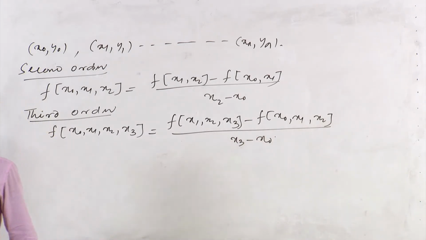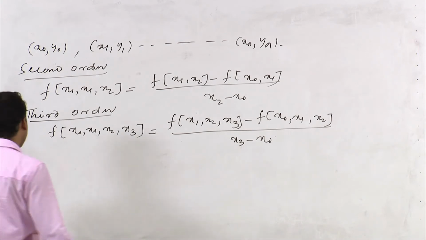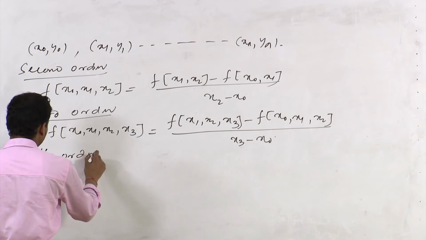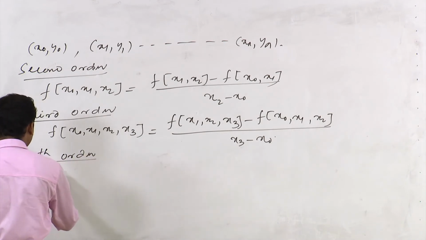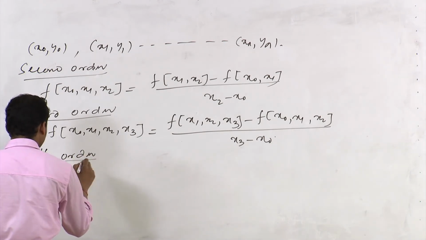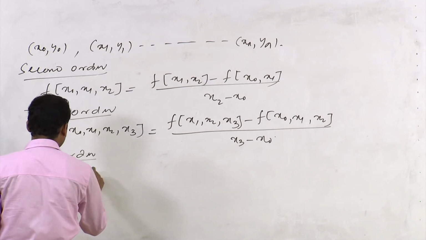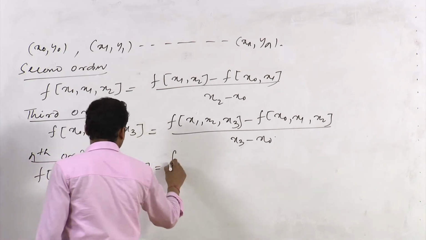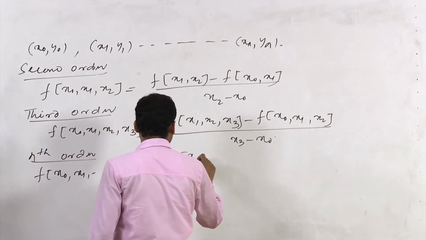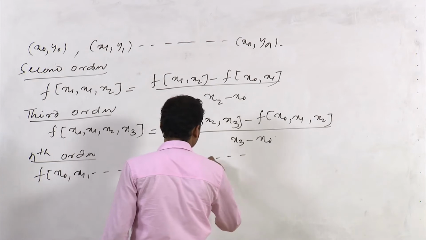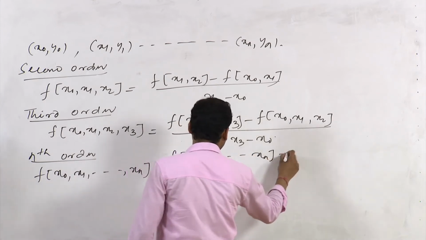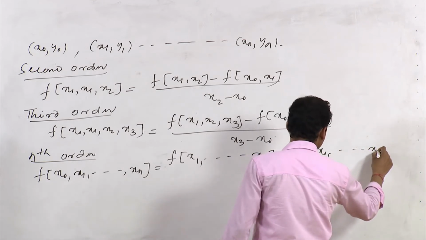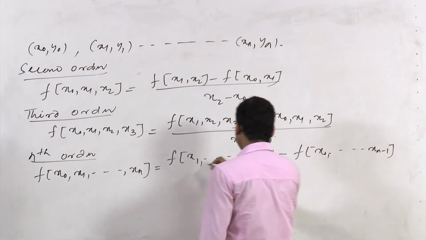And for nth order divided difference, if we have n plus 1 values x0, x1 up to xn, we can write it as f of x1 to xn minus f of x0 to xn minus 1